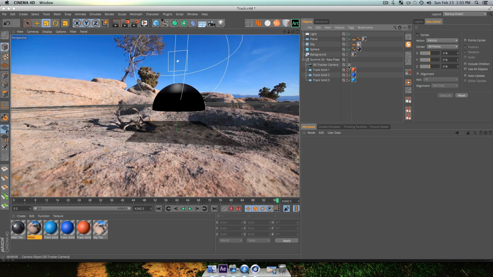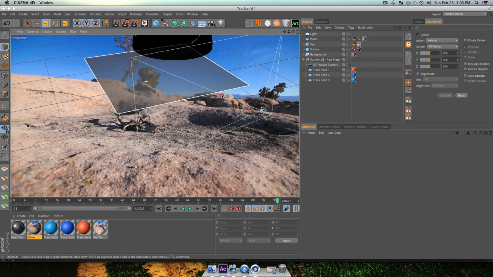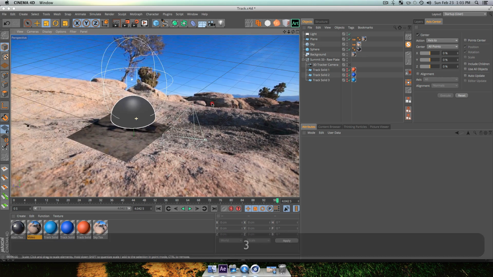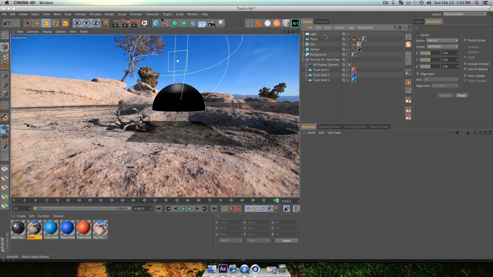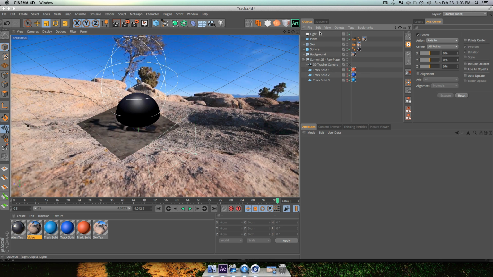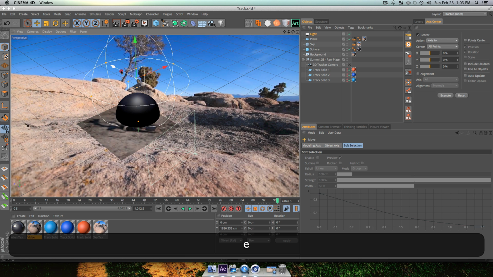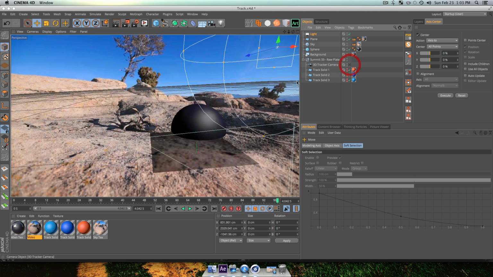So let's click out of our 3D camera tracker layer just by clicking this little square right here. And what we're now going to do is be able to move around our scene and see what's actually going on. So obviously the light is going to be coming, when we're in our camera, from like this side over here. So let's just align the light to where it would be in the environment. So I'm just going to move this, scale it down a little bit and move it over here, so it's kind of coming into the scene from an angle. Maybe lift it up. Let's see if this looks better.